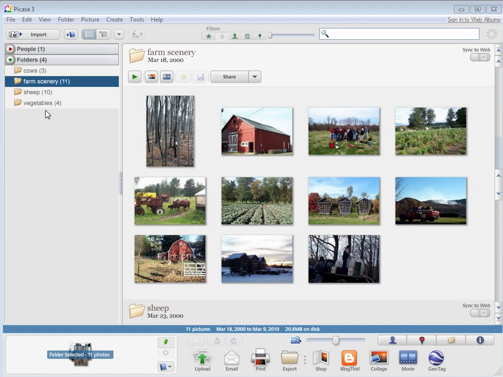The first thing to know about Picasa is that it doesn't store pictures. The first time you open it, it's going to look through your computer and find your pictures wherever they are stored on your hard drive. Any folders it finds that contain pictures are going to appear here in the folders section. You can think of Picasa kind of like a lens through which you can see all the photos on your